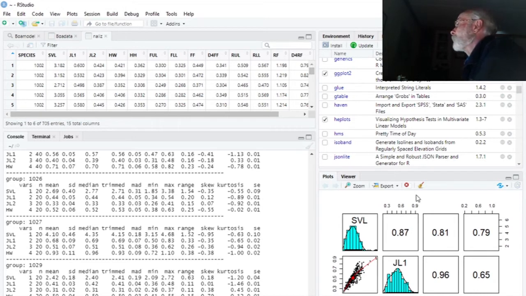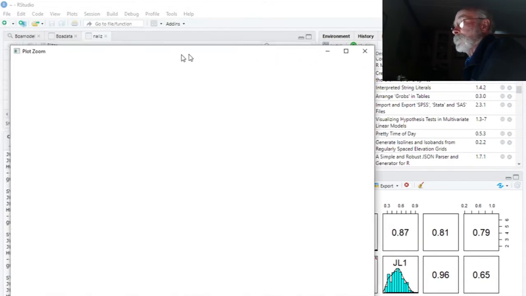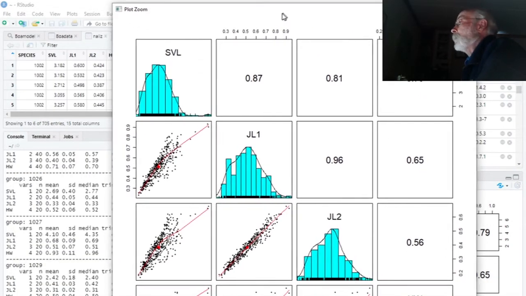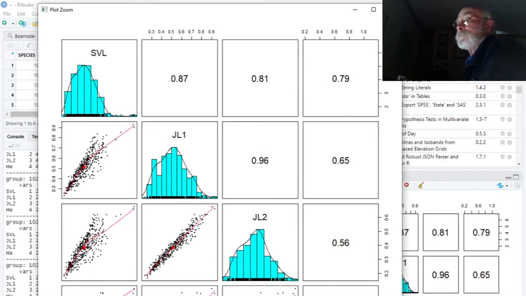So here on the right hand side, let me take that and zoom in on that and then drag it over here so you can see it. And now you can see what's going on with these various data. So what we have here are scatter plots below the diagonal, and then we have a histogram which shows the basic distribution of the data, and then the correlation coefficients up above. So this column is snout vent length, and this row is snout vent length. This row is jaw length 1, and this column is jaw length 1. So here then,